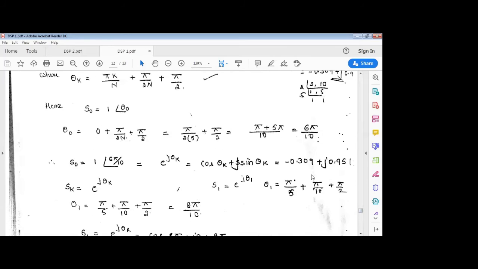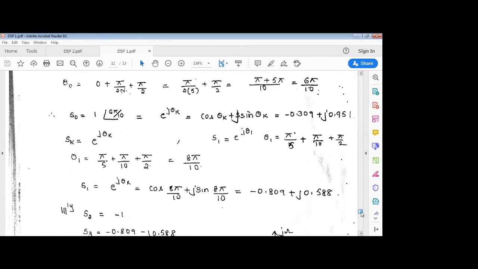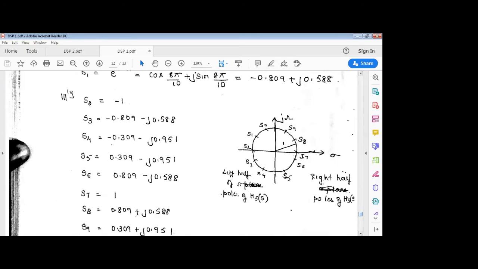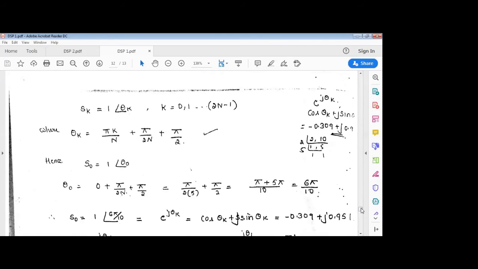Once I write these down on the circumference of a circle, with the poles marked with the two terms omega and sigma, we can see the poles starting from s0 are in the left half of the plane. The remaining ones are in the right half of the plane. So I will consider only the poles lying in the left half of the plane, that is s0, s1, s2, s3, s4.